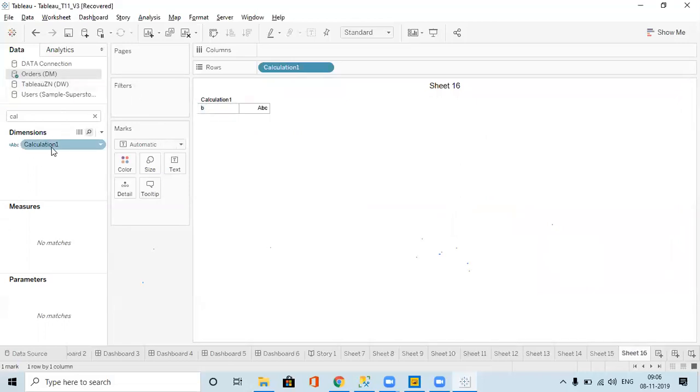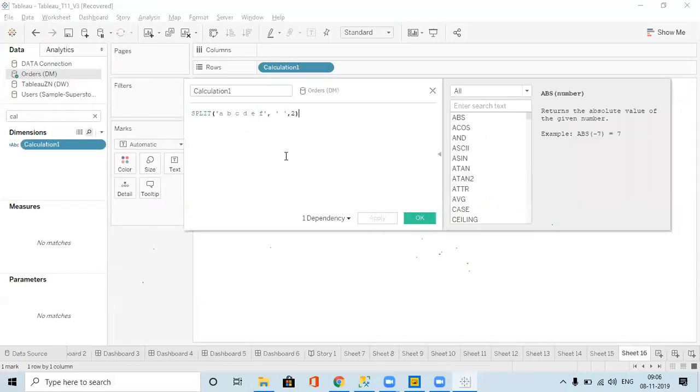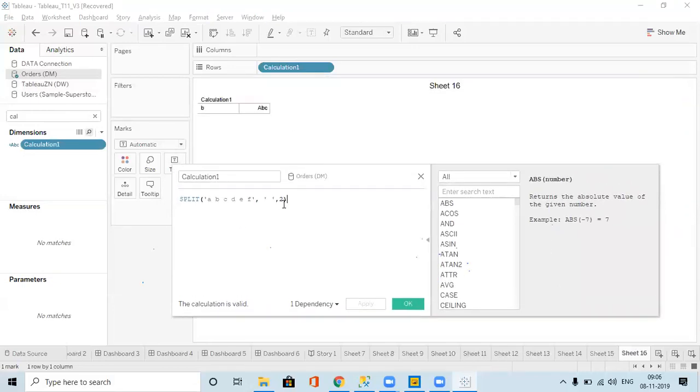It is showing B. If I give 5, then we get E, because after the first space, second, third, fourth space, we have the fifth space, so E is there. First space means we get A. Did you understand? Yes. So splitting is based on the delimiter.